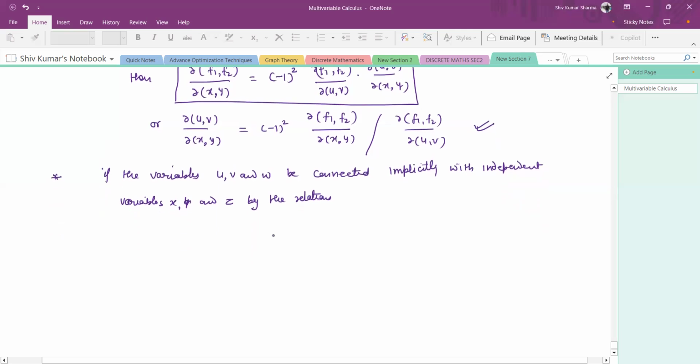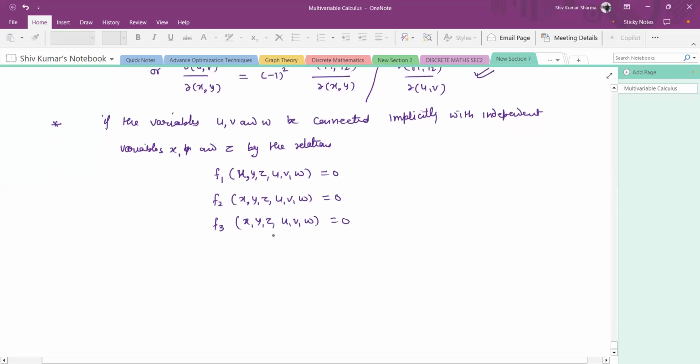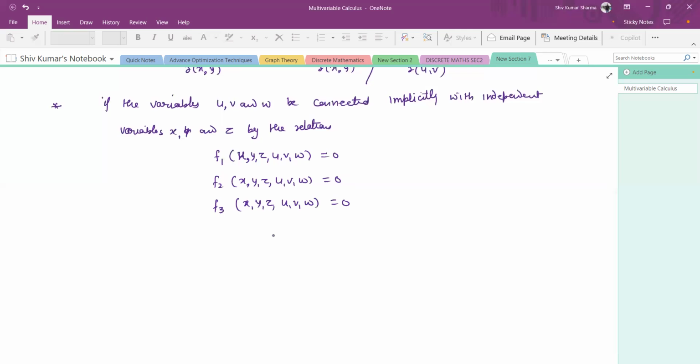here we have three variables u, v, and w, and three independent variables x, y, and z. So we make three functions. We can write the first function as f1 of x, y, z, u, v, w equal to 0. Second function again f2 of x, y, z, u, v, w equal to 0. And third function f3 of x, y, z, u, v, w equal to 0. So we make three functions, and on the basis of that, we calculate